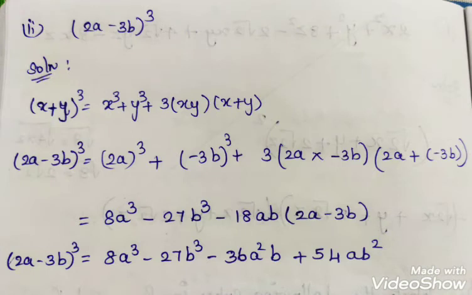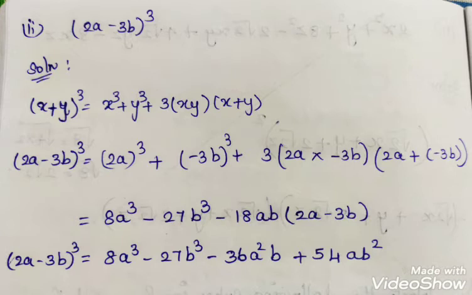For this we can apply the x minus y the whole cube formula also. Here, once I will give you the x plus y the whole cube formula, but wherever you are going to substitute the value of y, you have to include the sign, which means minus 3b. So (2a) cube plus (minus 3b) the whole cube plus 3 into 2a into minus 3b into (2a plus minus 3b). After simplifying, what are we getting?